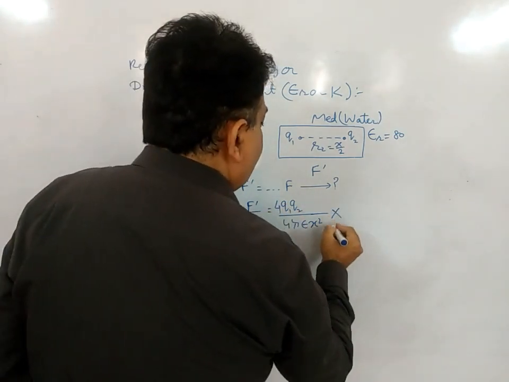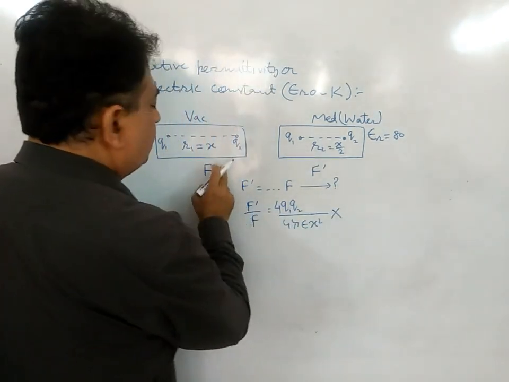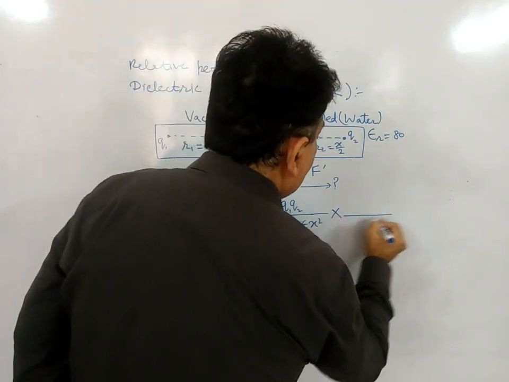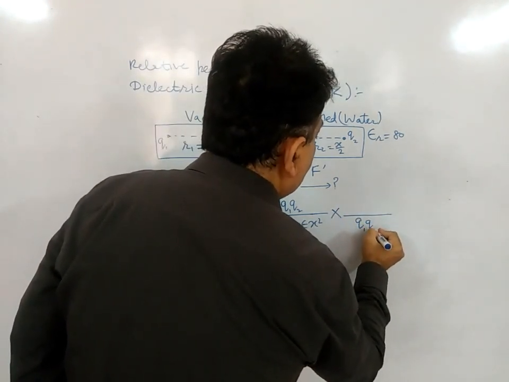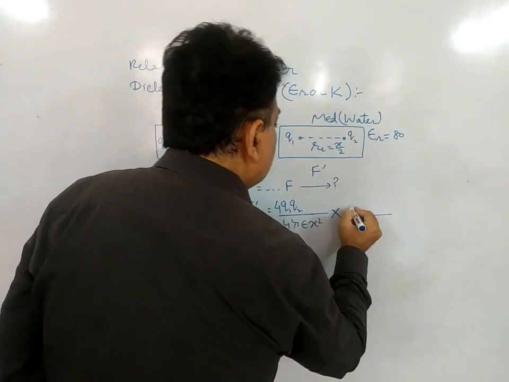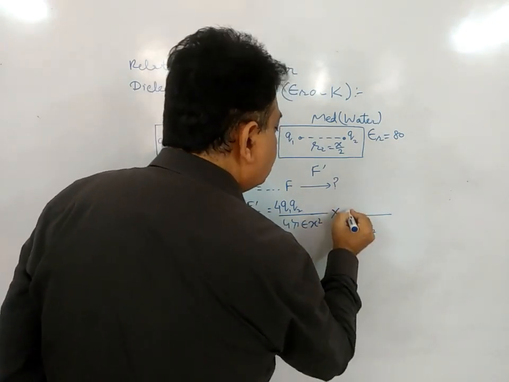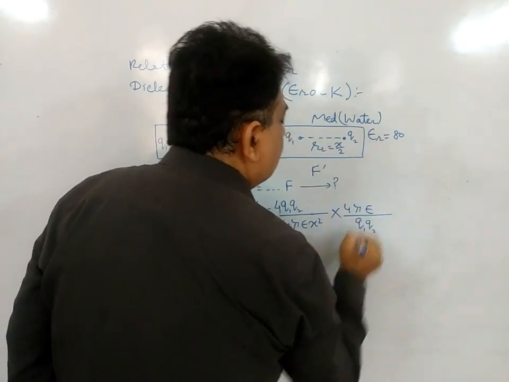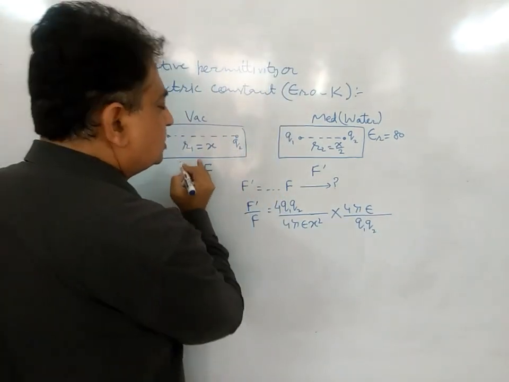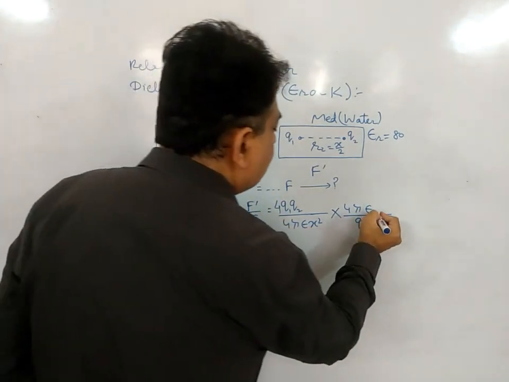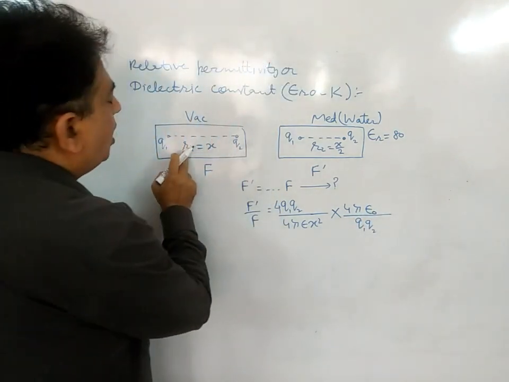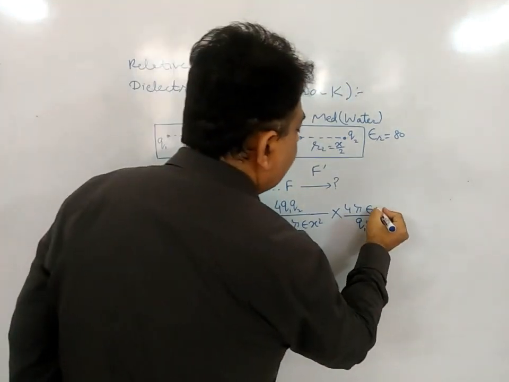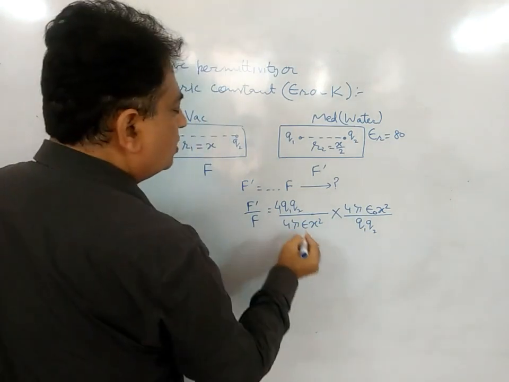This is multiplied by F, which is equal to, from here you see, q1 q2 divided by, so this will be in the numerator now, 4 pi epsilon r square. This is the F here, so it will be epsilon naught, and r is equal to r1, which is equal to x here. This will be x square here. Now cutting the terms,